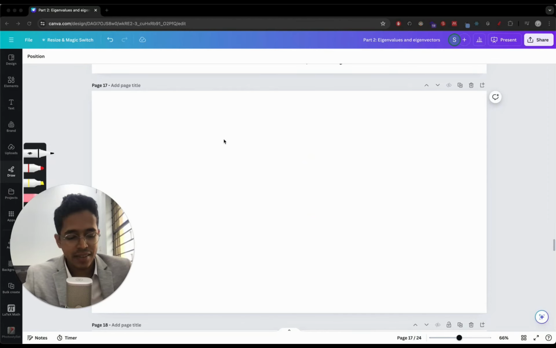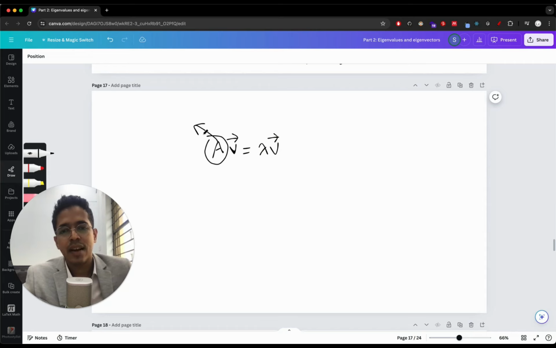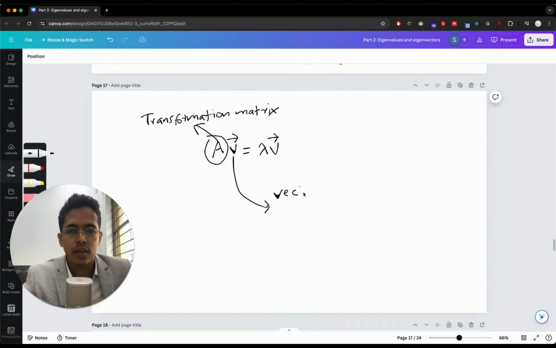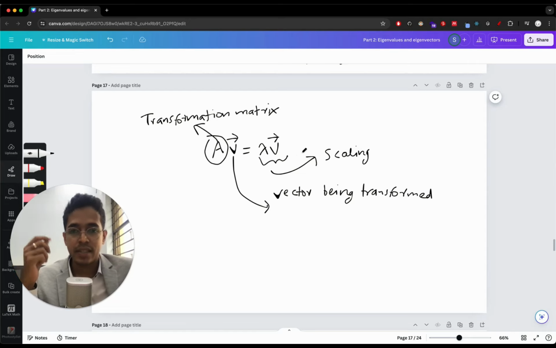So just to summarize the eigenvalue and eigenvector things. Let's say AV equal to lambda V. Then this A is a transformation matrix. This is the vector being transformed. And what is the transformation operation happening here? It's simple scaling. So those vectors which get scaled are the eigenvectors,